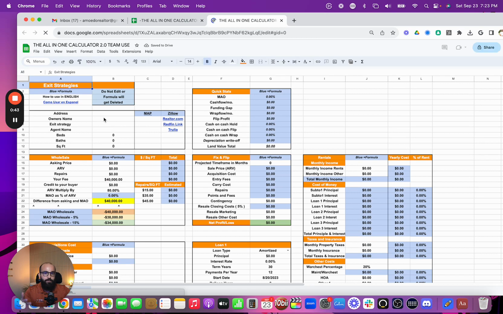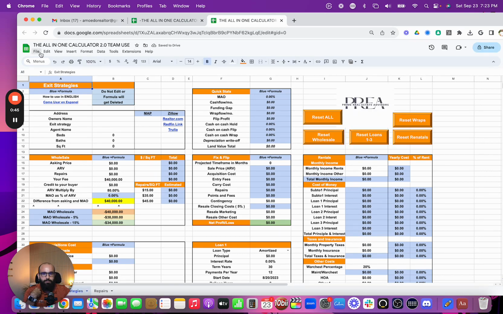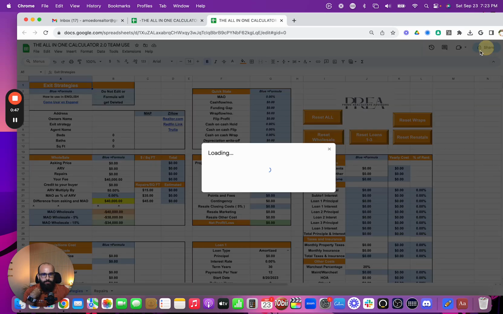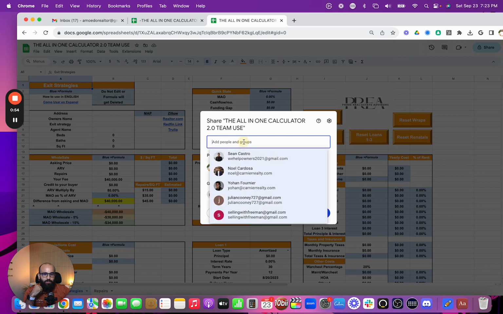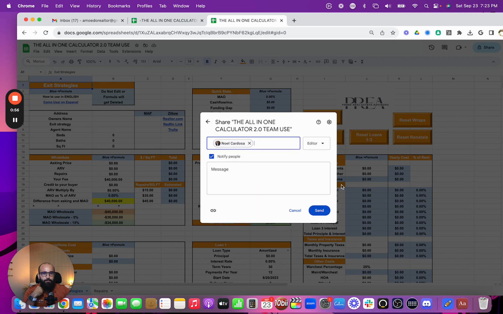Now, if you're the admin at your office, remember you're making a copy with formulas. So if you touch around in the spreadsheet, you will mess up the formulas. So what I do at my team is I click on share. And if you notice, I am the only owner, okay? Now, I do give access to my team like this, but I do only let them do as a viewer,